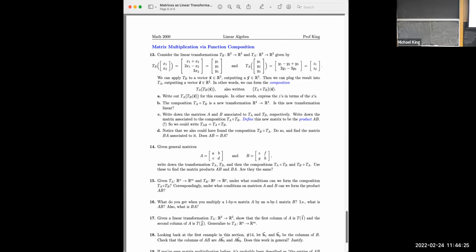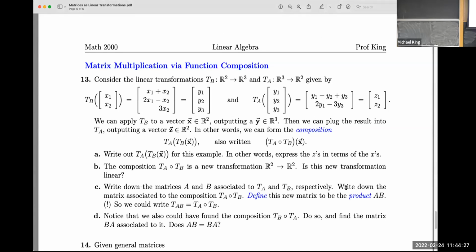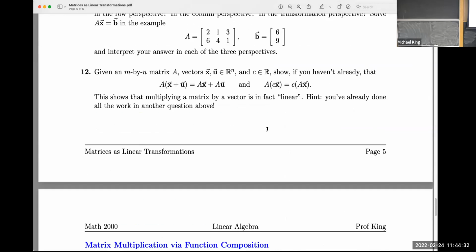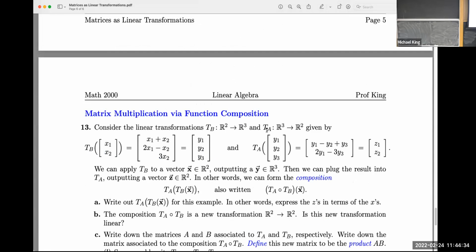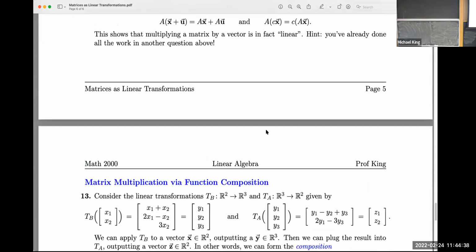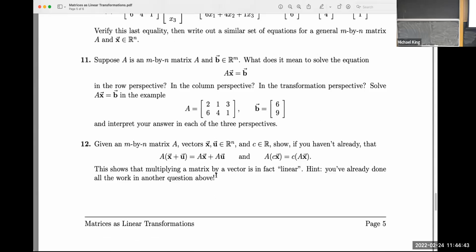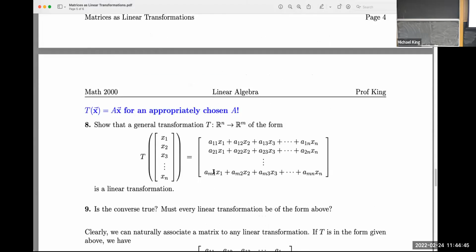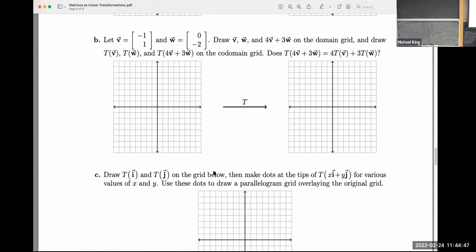I want to make a few last comments about this handout. The stuff at the end here about matrix multiplication via function composition is cool, but we'll come back to it. There's a section of the book where they talk about matrix multiplication, and I think it's the most natural way to define matrix multiplication, but we'll come back to that. What I wanted to say today, just a few last comments about